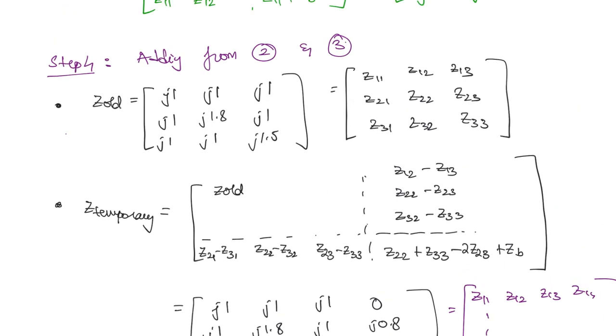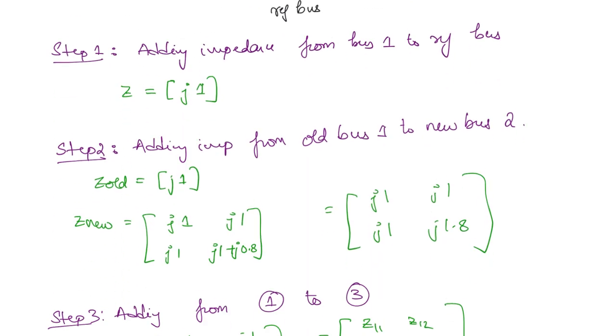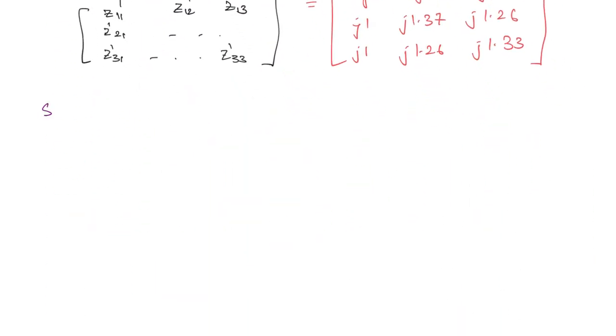Now finally, what is left out? We have one final branch from bus 3 to reference bus. This is an existing bus now to the reference bus. Okay, so existing bus to reference bus, that is case 3. Okay, so you can do the calculations as per the given method, but I will write the final matrix. Okay, so here adding from bus 3 to reference node. So the final matrix you are going to get